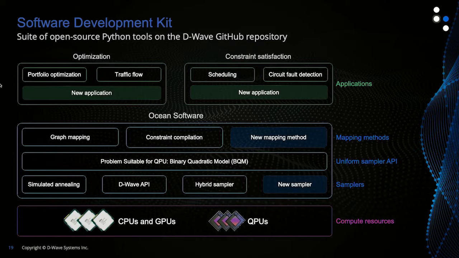Now, at a high level, our Ocean SDK is an open source Python package. And so it has a lot of different resources and packages built into this one SDK. Starting at the bottom of this high level chart, we have compute resources. So we've got the quantum computers, the QPUs. We also have hybrid solvers, and you may have CPUs, GPUs, or other compute resources at your disposal. What the Ocean SDK provides is a way to interact with all of these different compute resources, running binary quadratic models and also discrete and constrained quadratic models. One row above these compute resources, you see the samplers line.